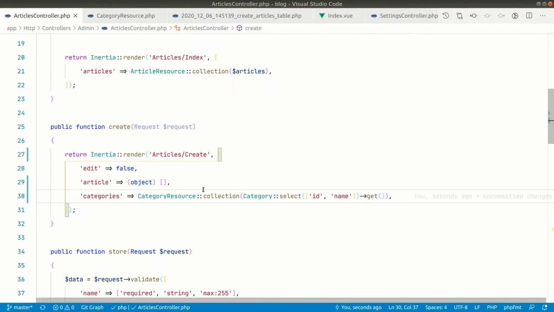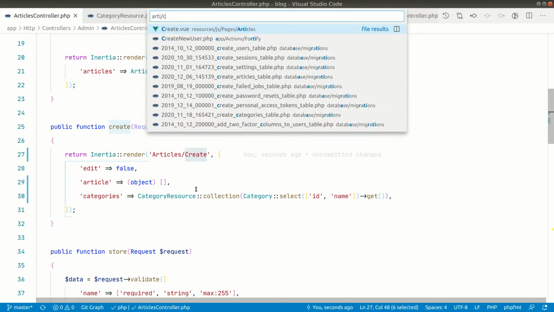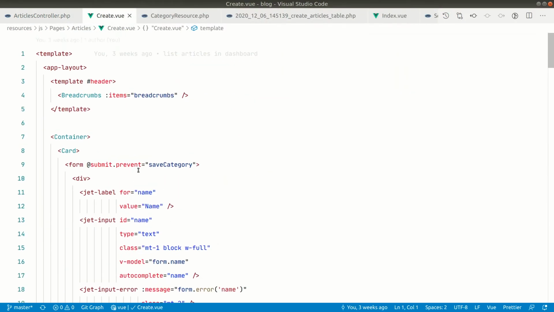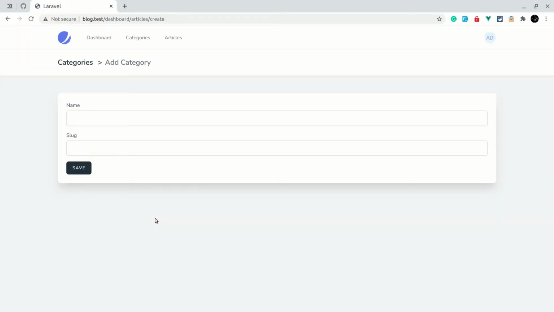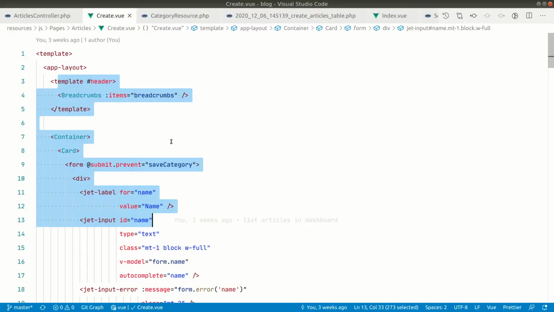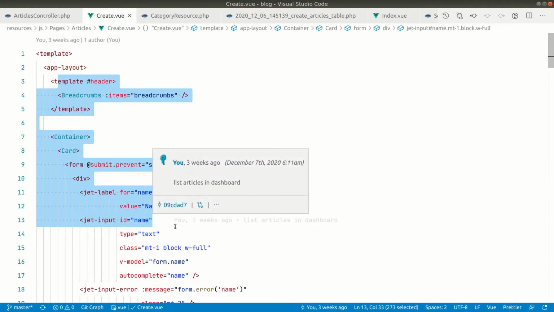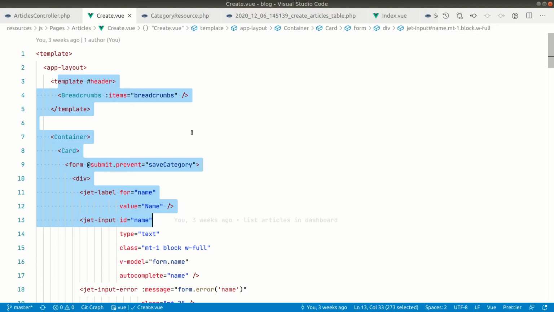Okay. Also guys, we have already copied the create and index view from the categories. So if you see here articles create, everything, the data here is from the categories. Okay, so now if I come here, you can see we are seeing the same page. All this is coming from this articles index. Before it was coming from category index, now it is coming from articles index. So basically all the fields in the articles will be similar to that of the categories, but only a few of them will be different. So I'll add all those fields and I'll explain that to you, because it is going to be similar to that of the category.